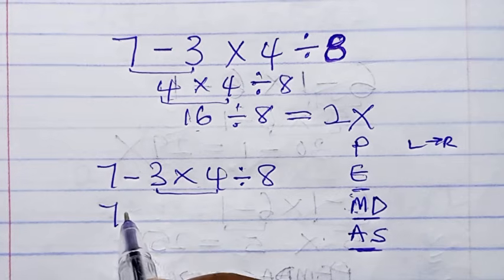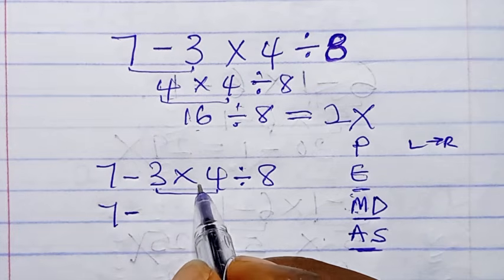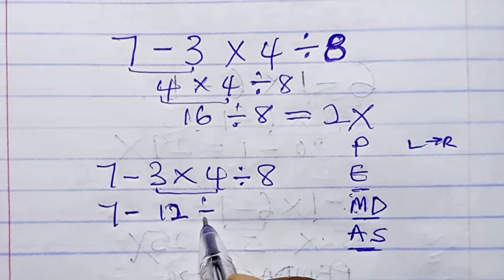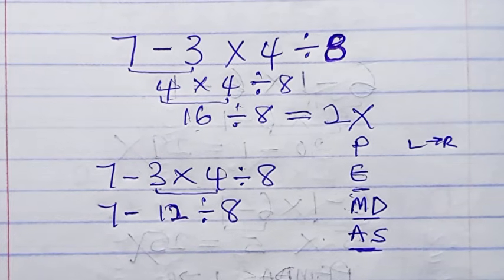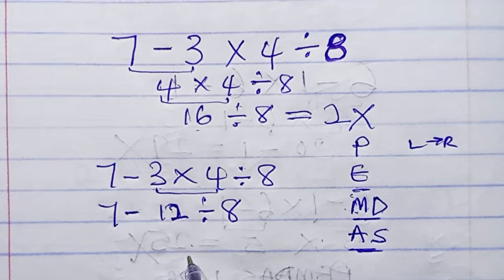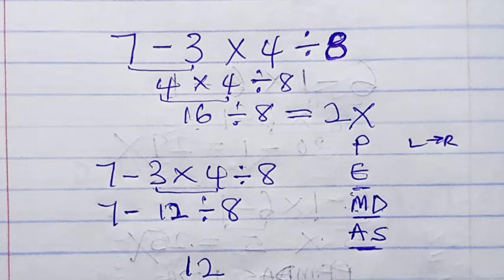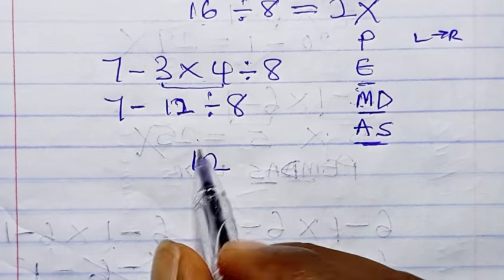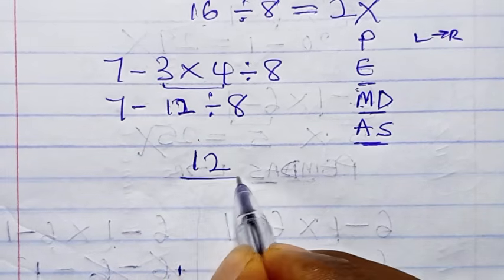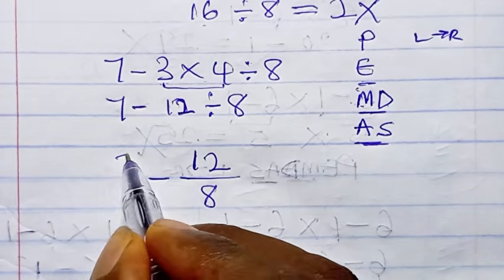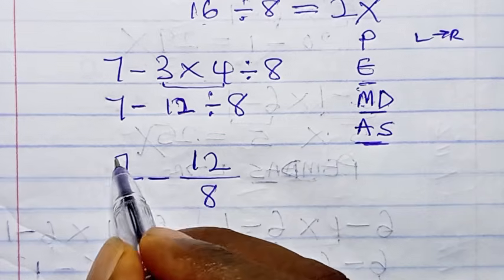So bring down this 7 minus 3 times 4 will give us 12. Divide by what? 8. Now, what is next? Division. So this 12 divided by 8, we can also write it like this, 12. We can also write this as 12 in a fraction way, 12 over 8. Then bring down this minus, also write this in a fraction way, over 1,